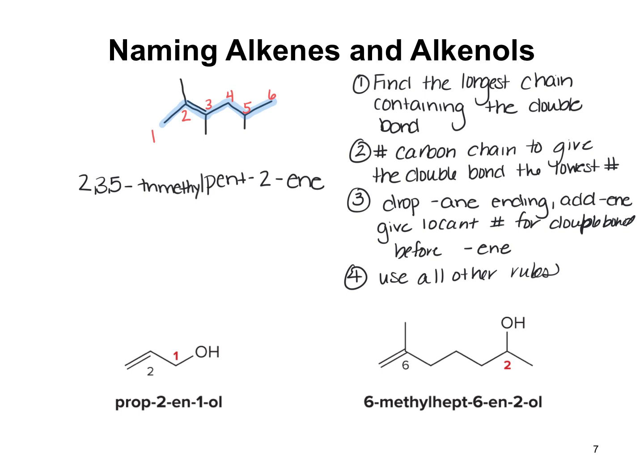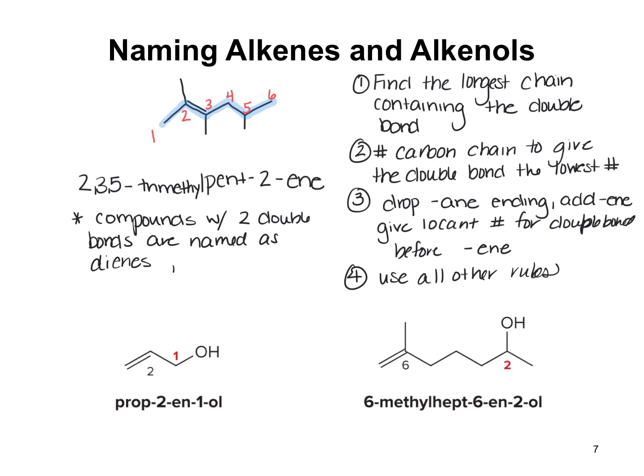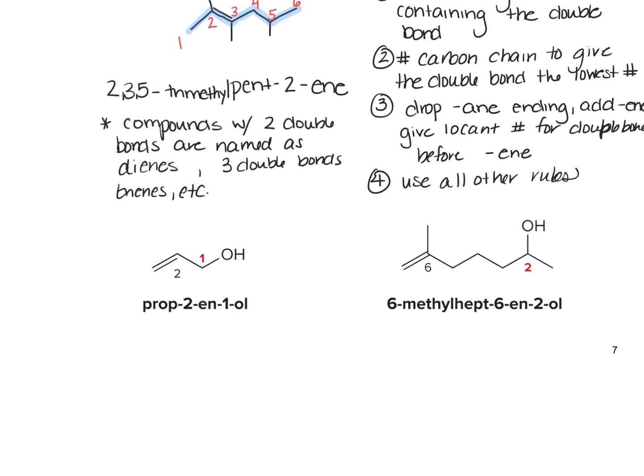Now, a few other quick notes, just so we don't forget. Compounds with 2 double bonds are named as dienes, right? 3 double bonds are trienes, etc. Okay. When we're talking rings here,